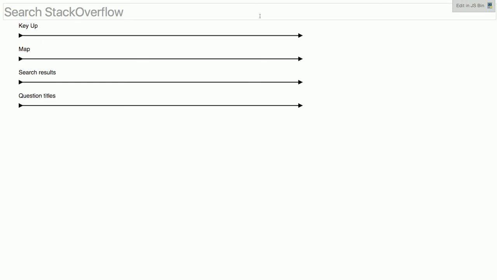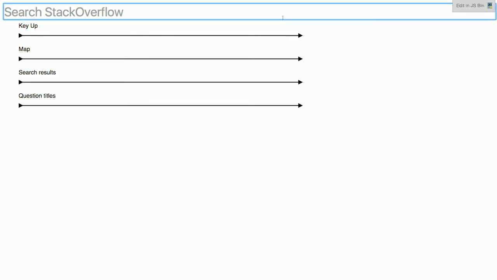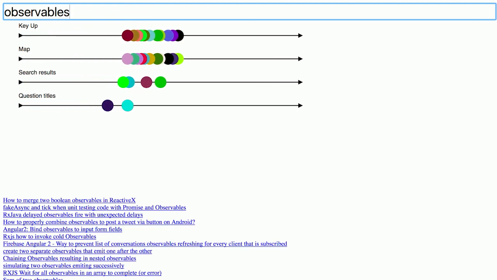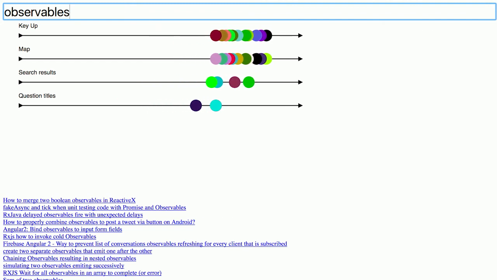So let's take a look at the demo. So you have our search box, and a nice little model here. We can see key ups, mapping to get the value, grabbing the search results, and then actually putting the question titles on the page. There we go. And you can see that even though 4 requests were made, only 2 were paid attention to. Only 2 we actually cared about because we canceled 2 of those requests as things went on. And you can see, in a really terrible manner, because I didn't style this at all, that we did get some answers and put them on the page.